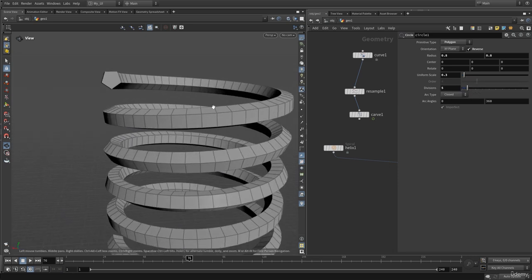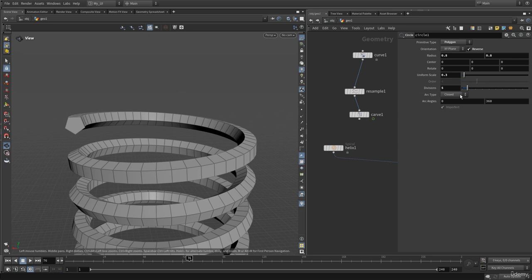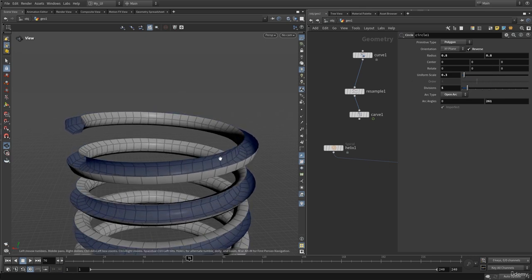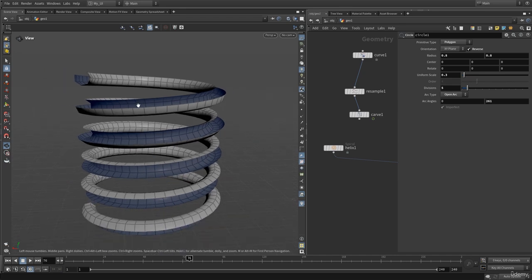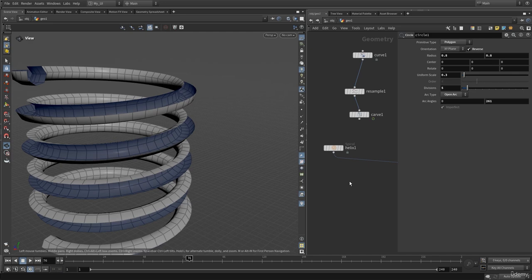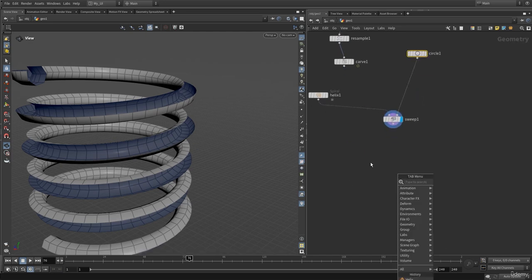Okay, and we can also change the arc type from closed to open arc, and in here, arc angle, let's adjust its angle to create a more open shape. Okay, so now we have this hollow inside cavity, and we can add the thickness later by adding